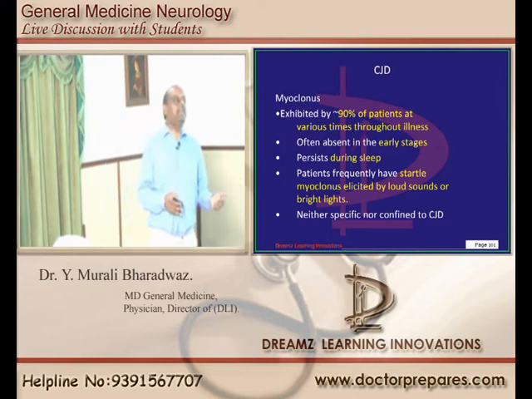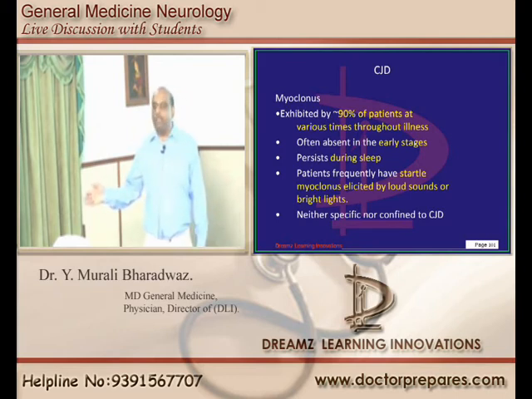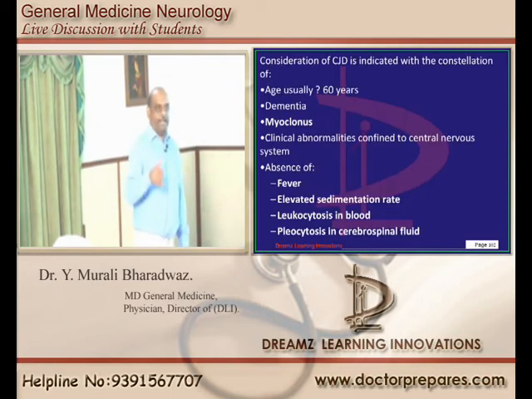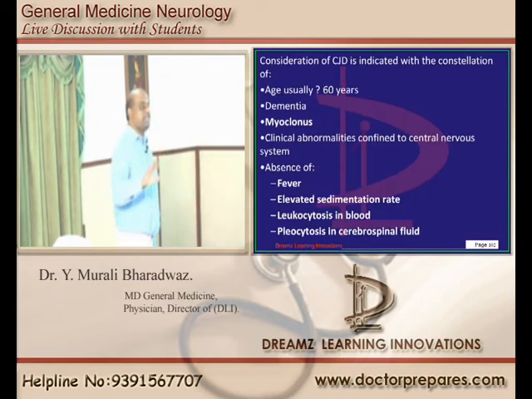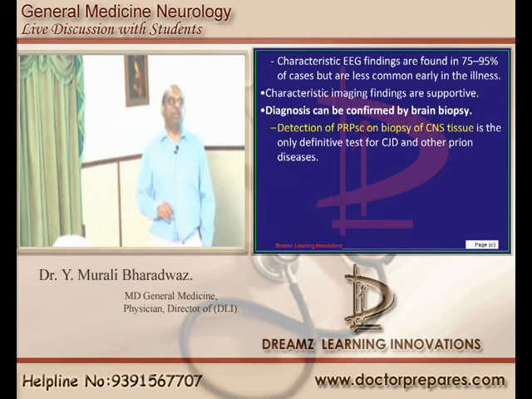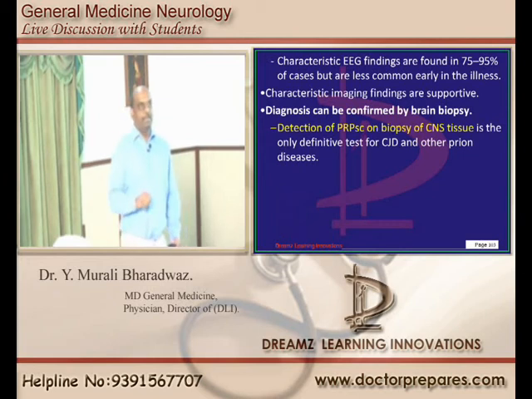उसको fever है, encephalitis है, and you are saying maybe prion disease, there is no treatment for it, that's wrong. So you must know what is the exclusion criteria for every disease in neurology. Fever should not be there, high ESR should not be there, leukocytosis should not be there, and CSF pleocytosis should not be there. If they are there, it is more likely to be infectious in nature, and prion diseases are not infectious in nature, as all of you know very well. And if you do brain biopsy, you can demonstrate these abnormal proteins called PrPSc on the biopsy of the CNS tissue.